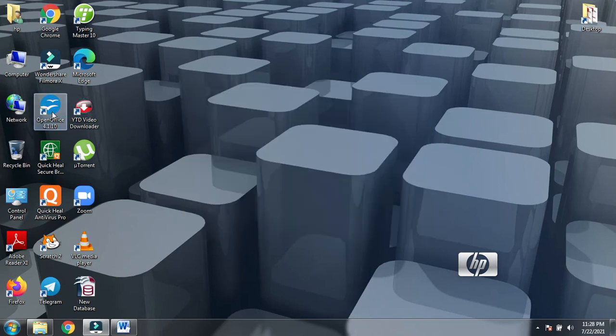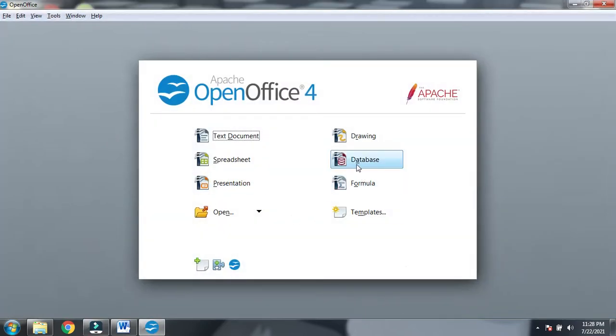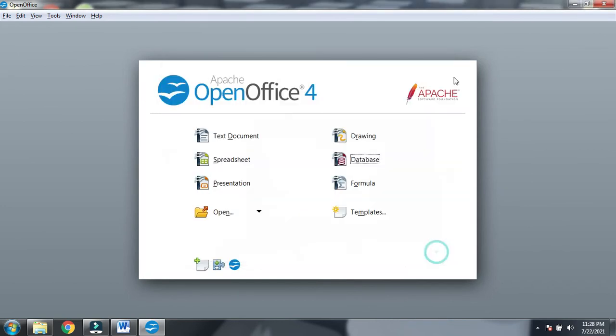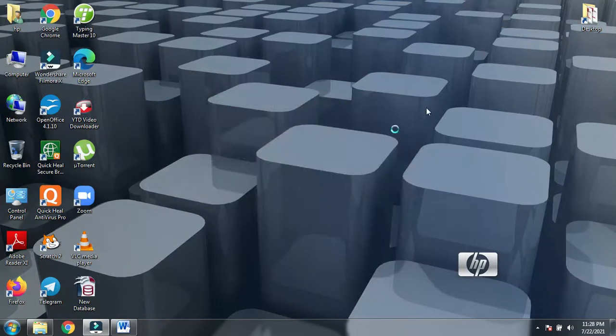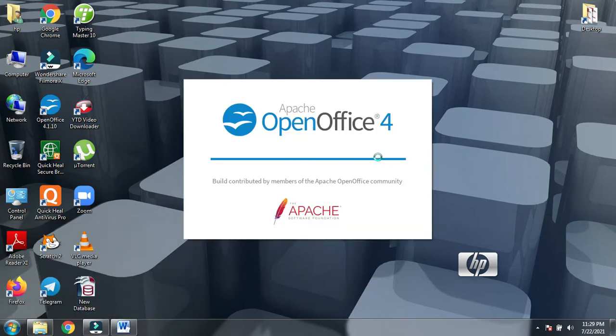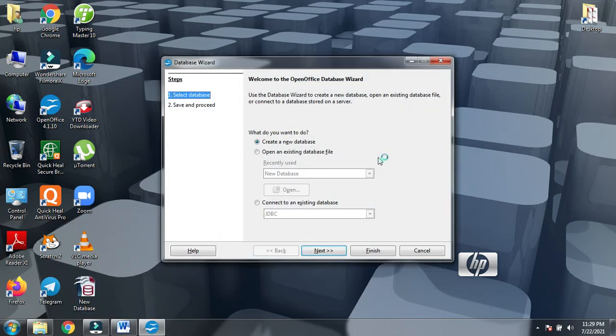Click here, we'll click on database and it will open openoffice.org base. Or one more method is there which is a very easy method. Using Windows also we can do this. Windows plus R, run, and we can type sbase and click on OK. It will open openoffice.org base. So we saw how we can open or start openoffice.org base.